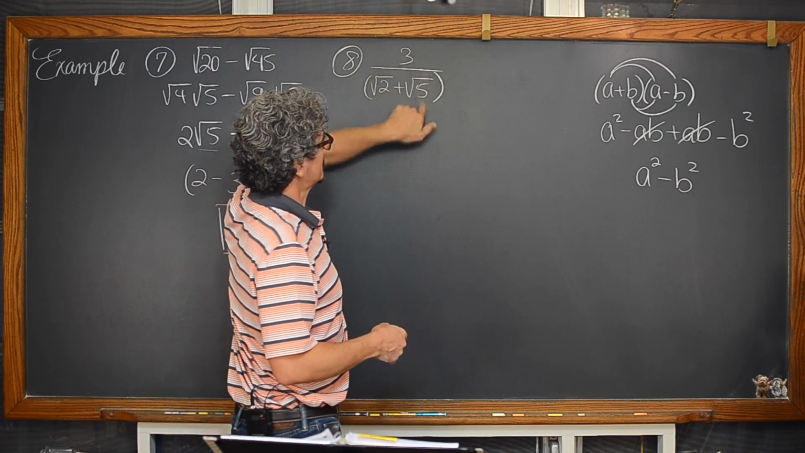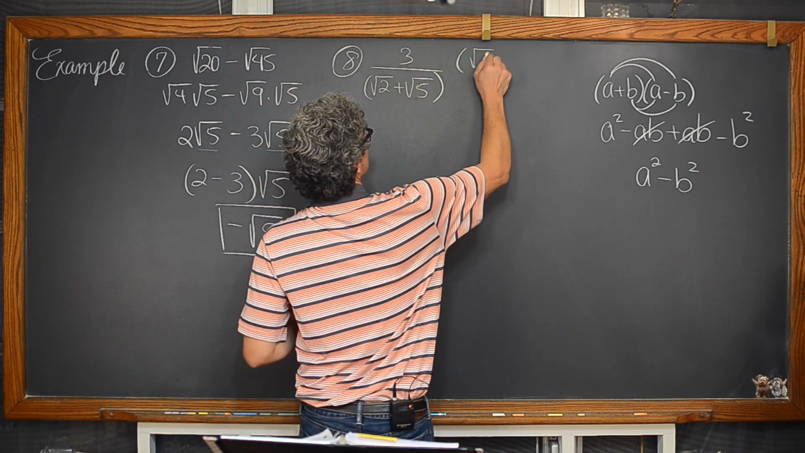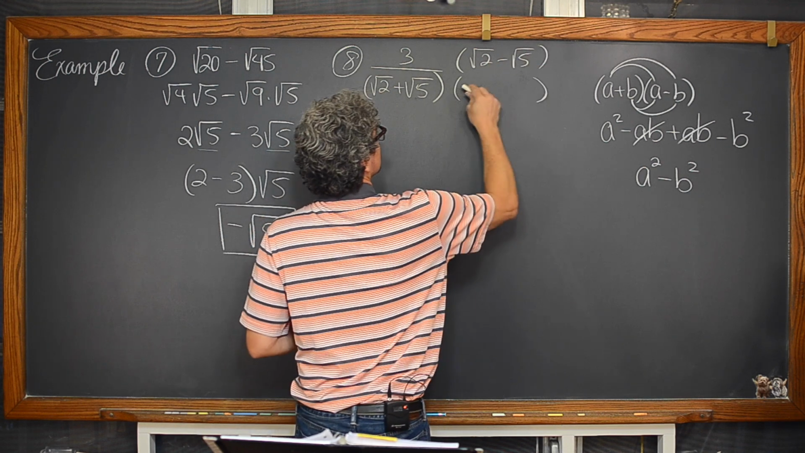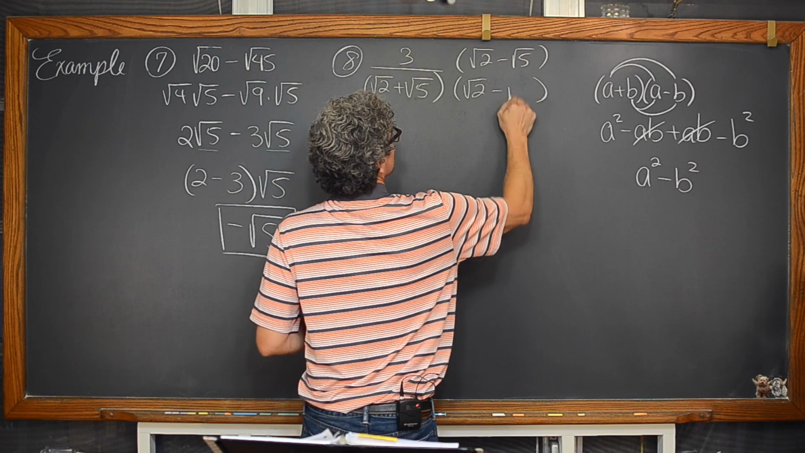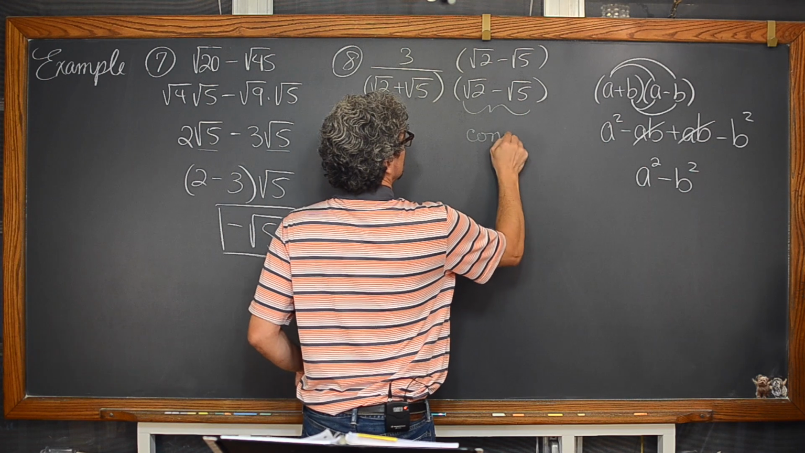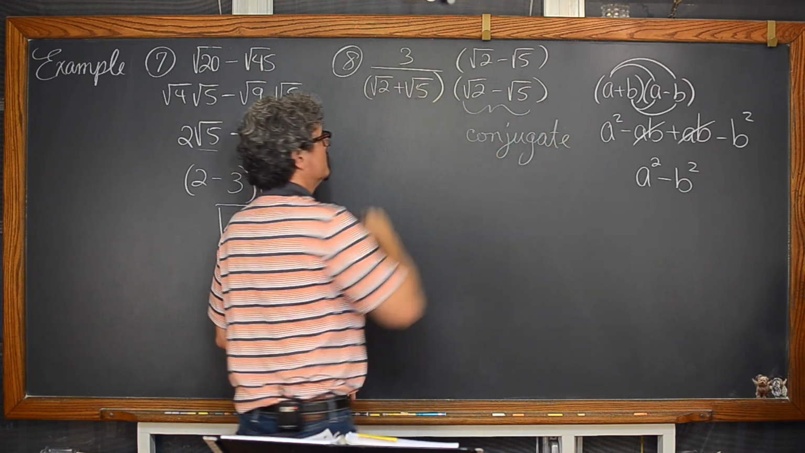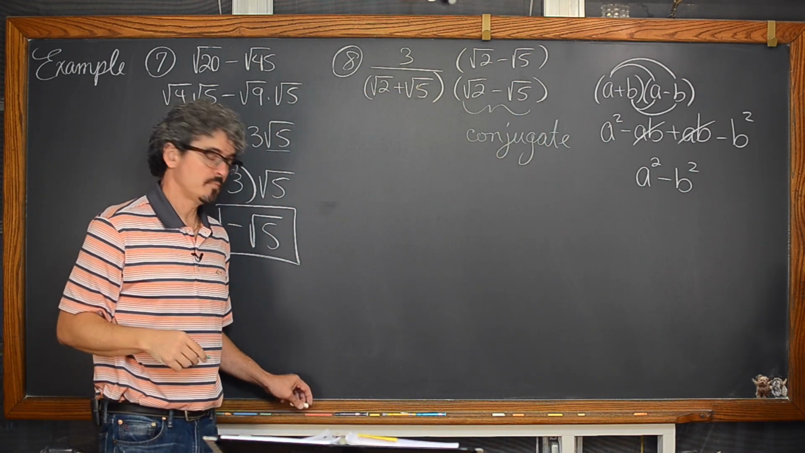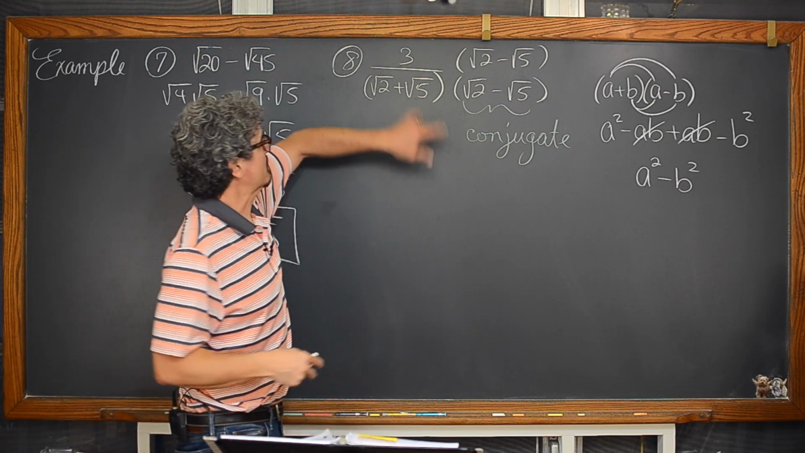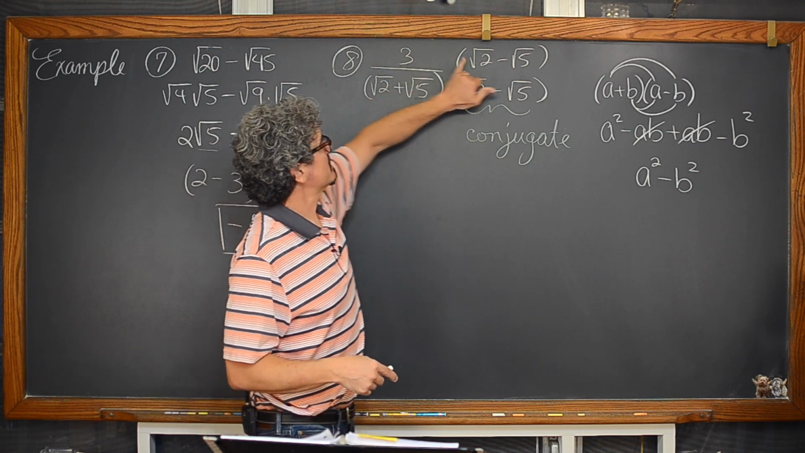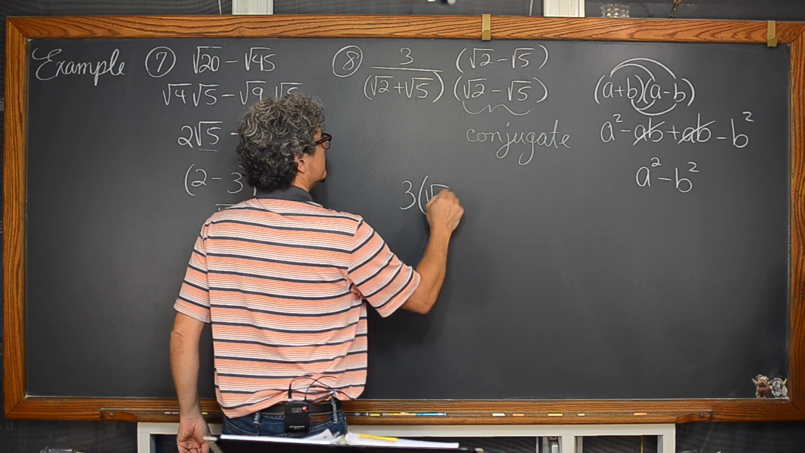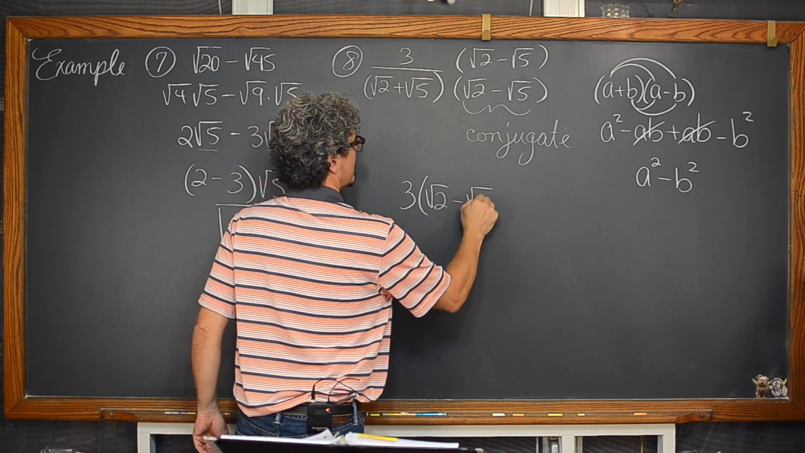So yeah, we're going to multiply this numerator and denominator by the square root of 2 minus the square root of 5, which is, again, numerator and denominator. This is called a conjugate to the square root of 2 plus the square root of 5. So this might be a challenge problem. I'm not sure what level of algebra you're taking right now, but we're going to have 3 times this binomial, so 3 parentheses square root of 2 minus square root of 5,